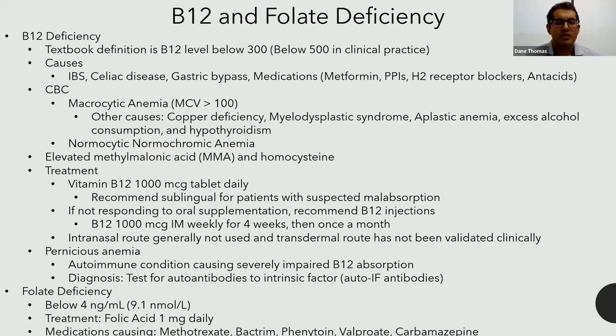Typical findings on CBC reveal macrocytic anemia, and you also want to rule out with macrocytic anemia other potential causes, which are listed here. But patients can also have normocytic normochromic anemia. These patients also may have an elevated methylmalonic acid and homocysteine levels. Treatment for these patients